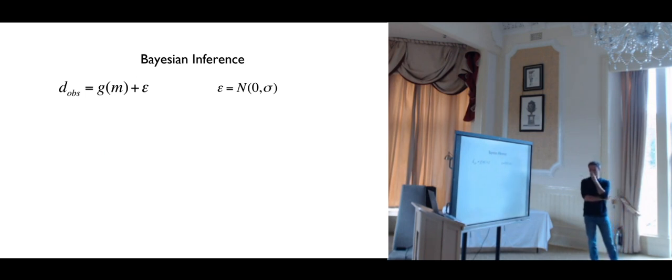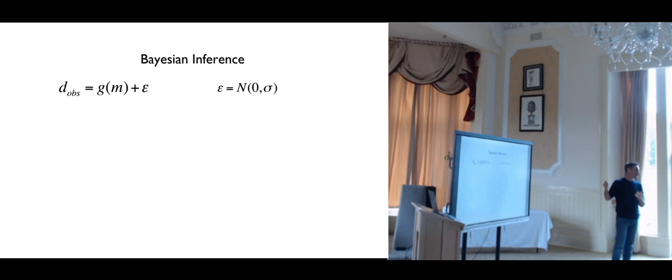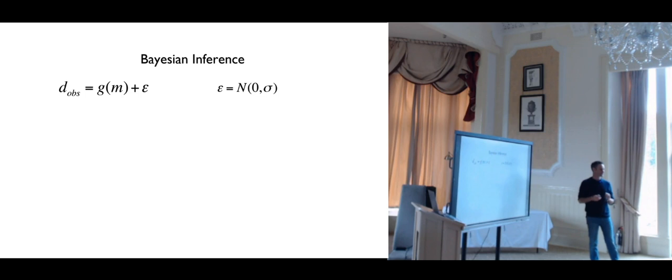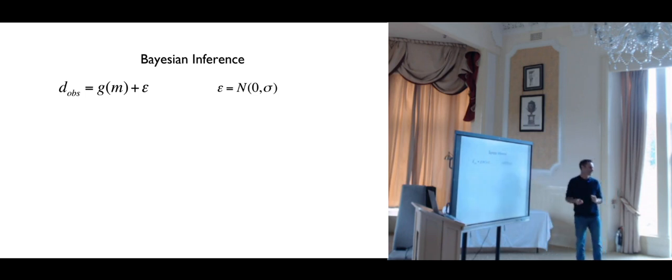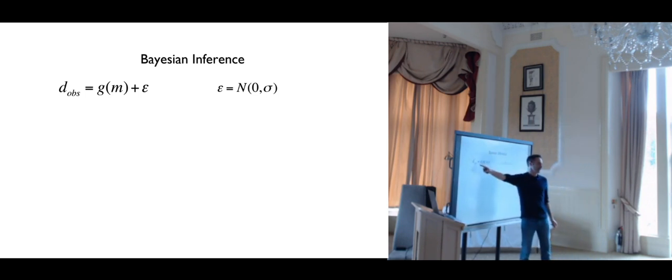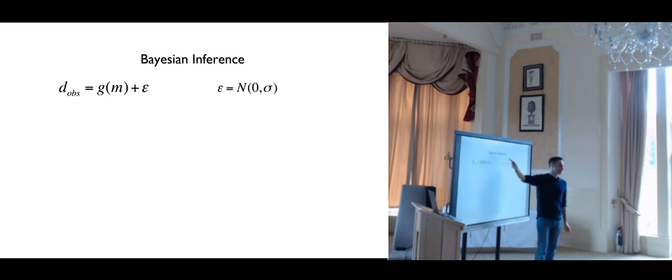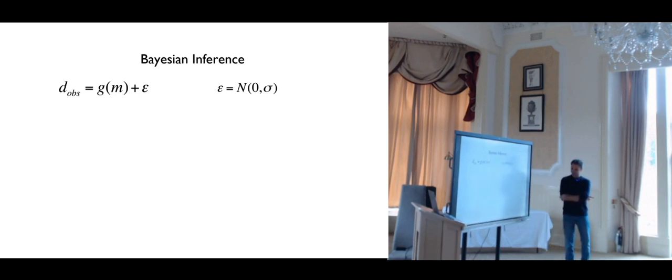And so here I'm going to try to show a bit how we can derive the Bayesian formulation in a way a bit different from what Andreas showed on Monday. And I will start with this equation. I think everything here starts from here. This is the assumptions that we are going to make. We are going to say the data that we observe is a function of the model plus some random errors.